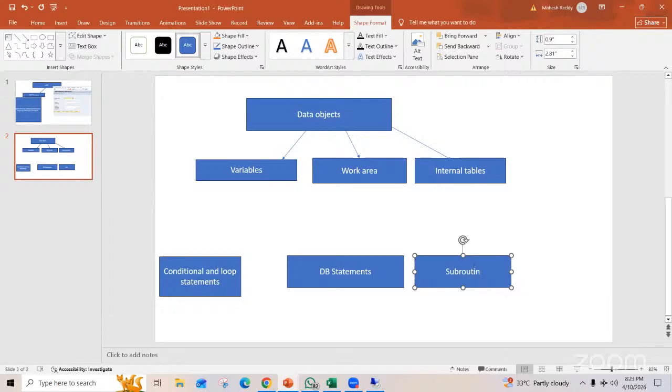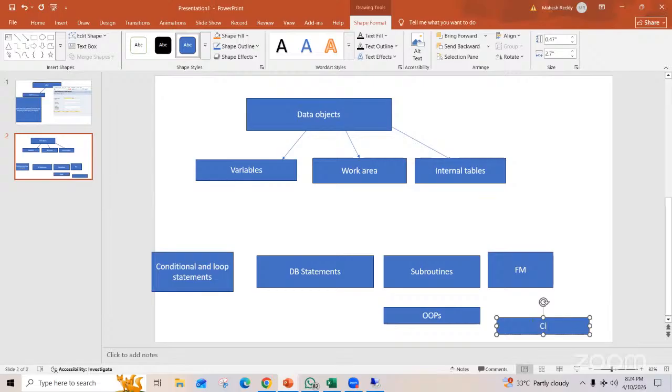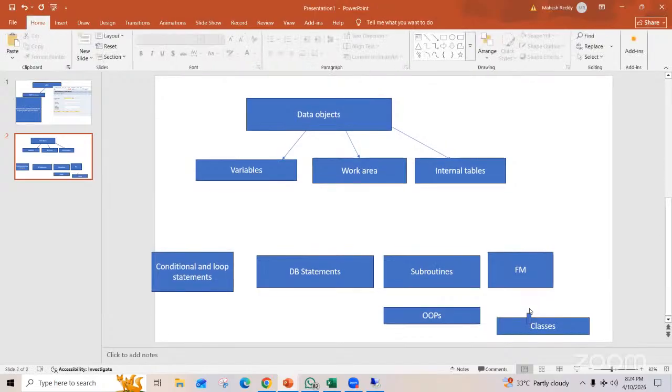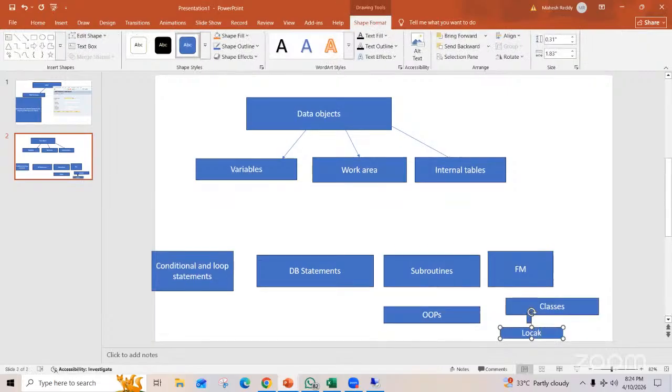Of course, subroutines are obsolete, but still, subroutines, function modules, and under OOPs, classes: local class, global class.